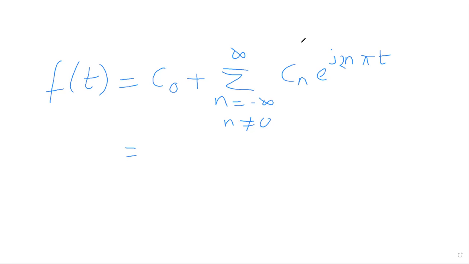Now we can substitute C0, which we got as 2a by pi,